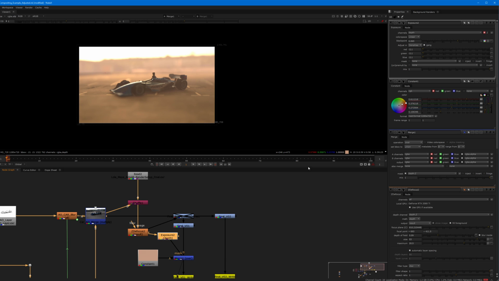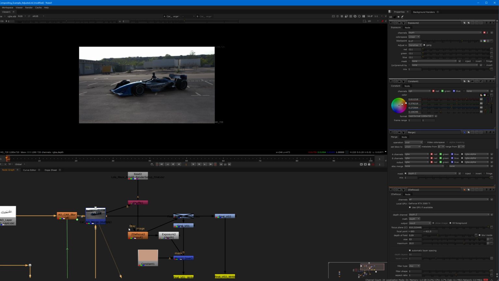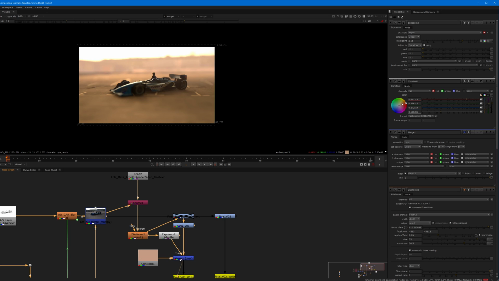And again, I can go back to the depth now and fine tune my black point to have the fog kind of creep in or go back out. And so you can see now in doing this, I've made a couple of basic changes, but a very dramatic change to the overall look. So I've gone from this to this to this to this,